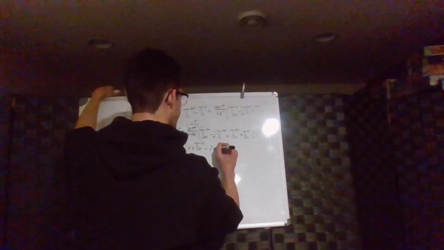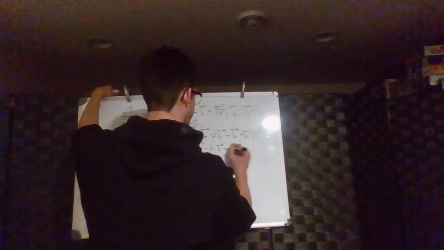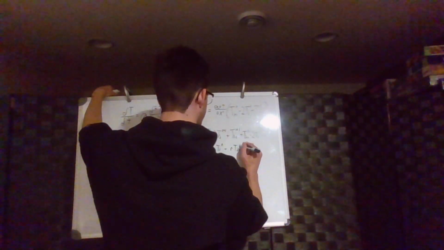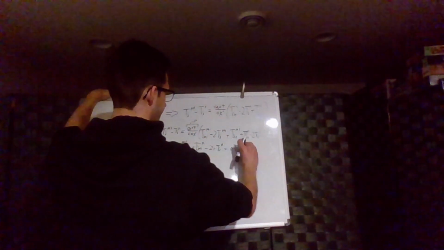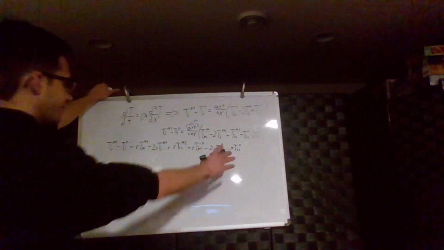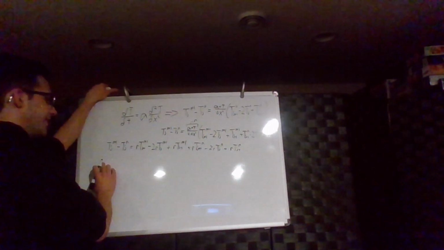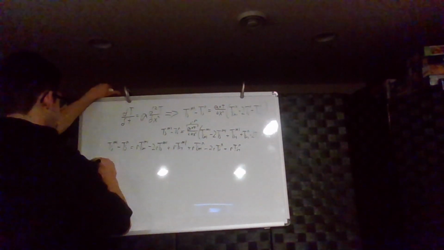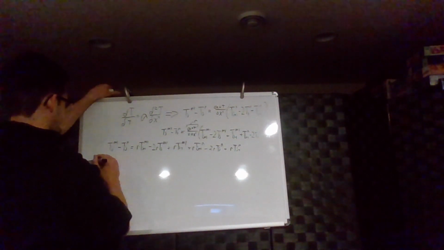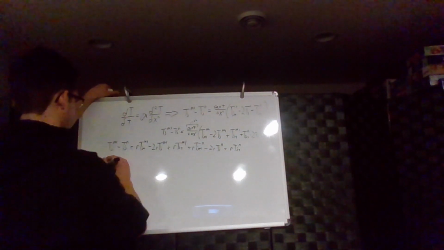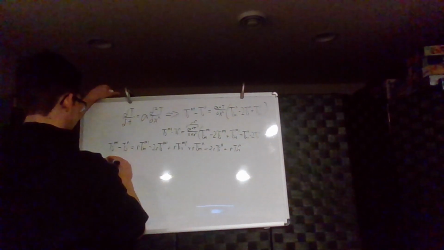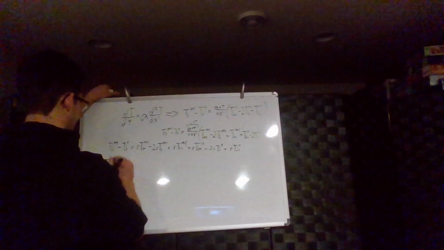minus 2r tj to the n plus r tj minus 1. Alright, so multiply all of our terms by r there. So multiply each of our terms by r. Let's go ahead and put our n plus 1s on the left side. So the tj n plus 1 minus r t to the j plus 1 plus 1